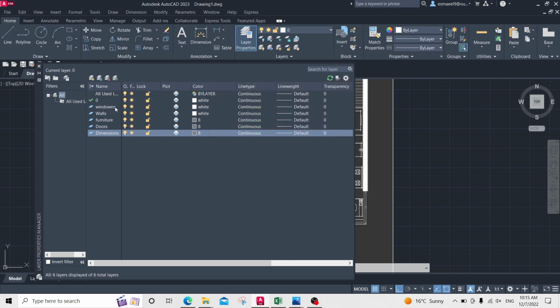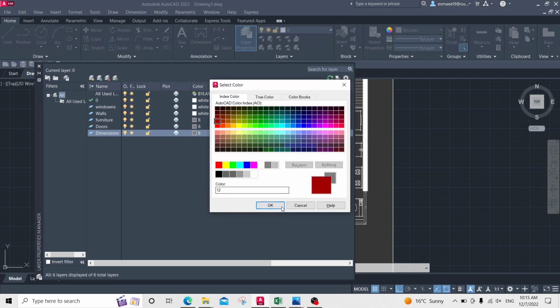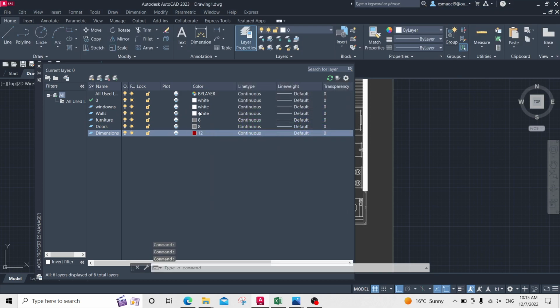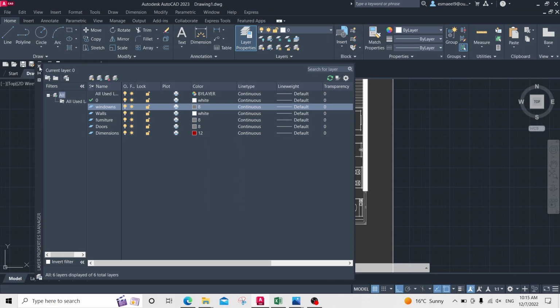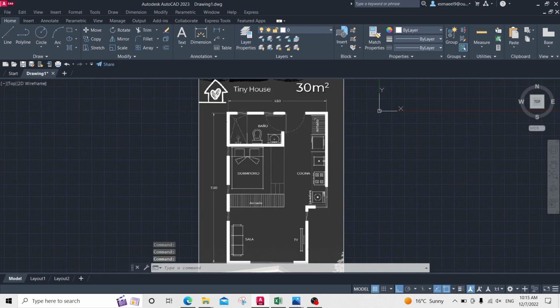Keep it like this. Windows, this is the dimension. Dimension only, we will keep as this red color. And walls, windows will keep gray, number 8. So close this one. Now I will start to take the borders or the lines of my